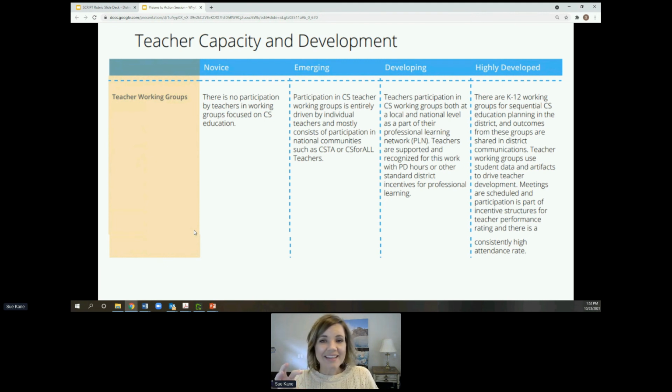And then when I get to the goal setting, what makes this really neat is if I want to set a goal around teacher work groups, all I have to do is look one column over at developing and say, oh, my goal is actually to get them to talk about it. Could I put in a structure so that my teachers at the 6th grade level could present upcoming opportunities at the staff meeting after each CSTA meeting? And we start to talk about it, and maybe we start to see another team form. That's very specific and actionable within the next 3 months.